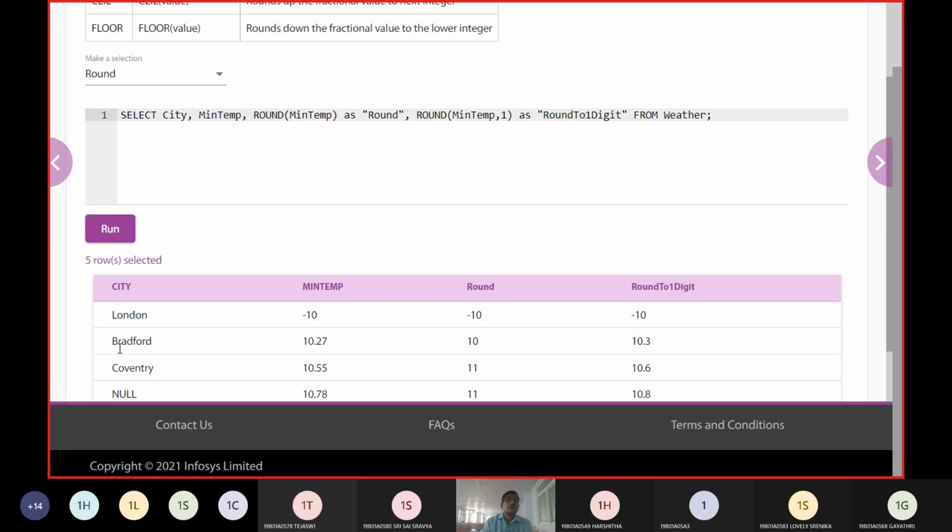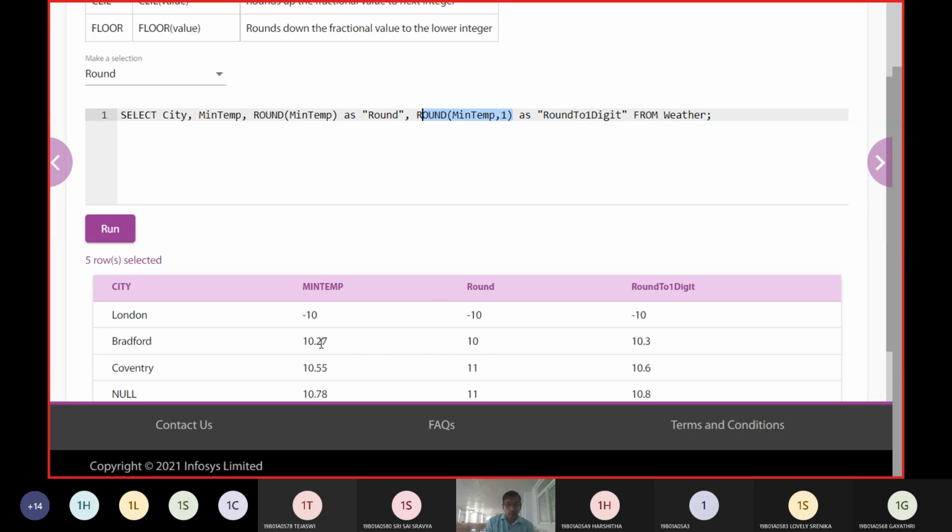Now let us check the next value, Bradford. The value was 10.27 and it is going to round to only one position because we have given round of temp.